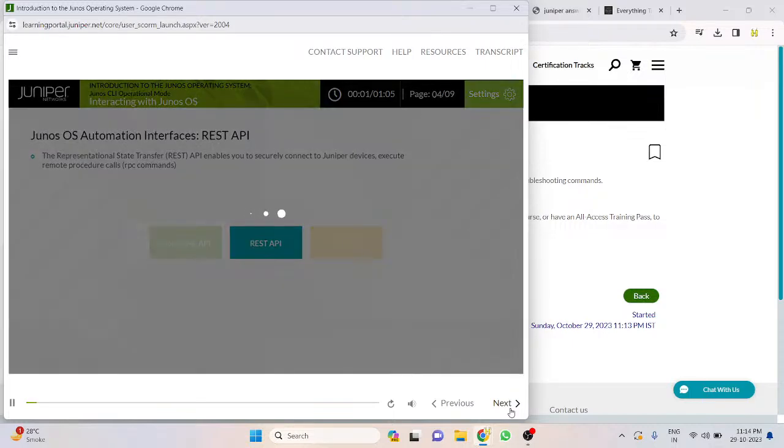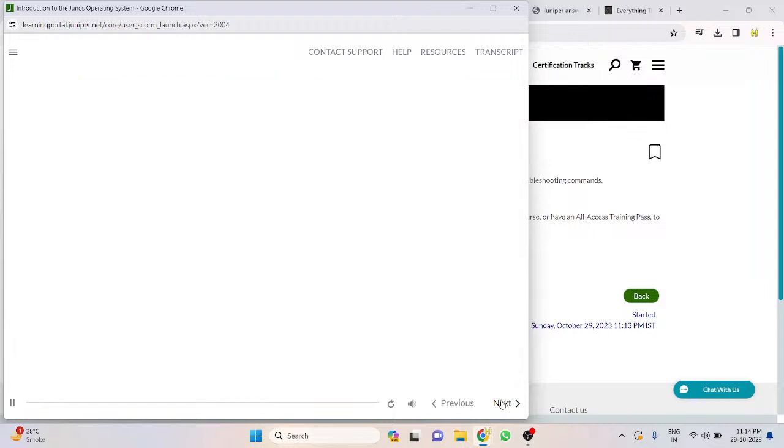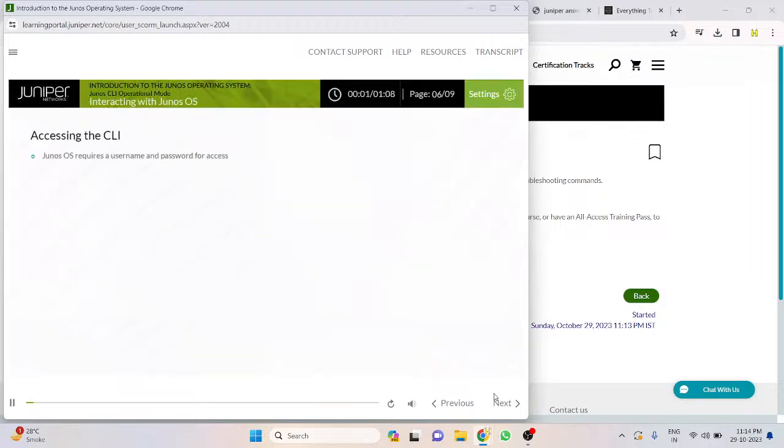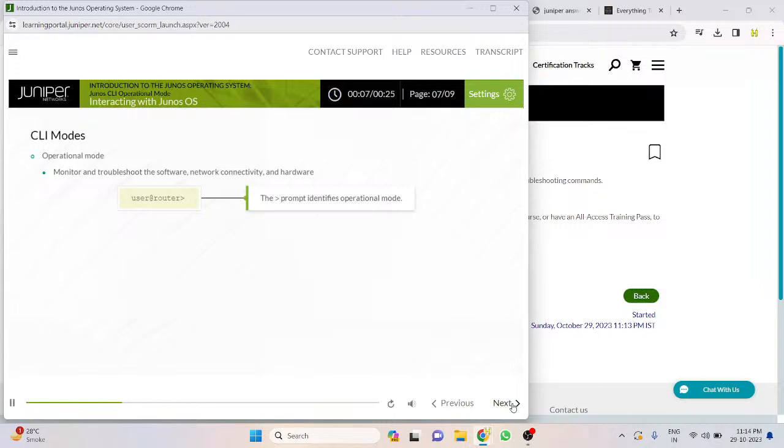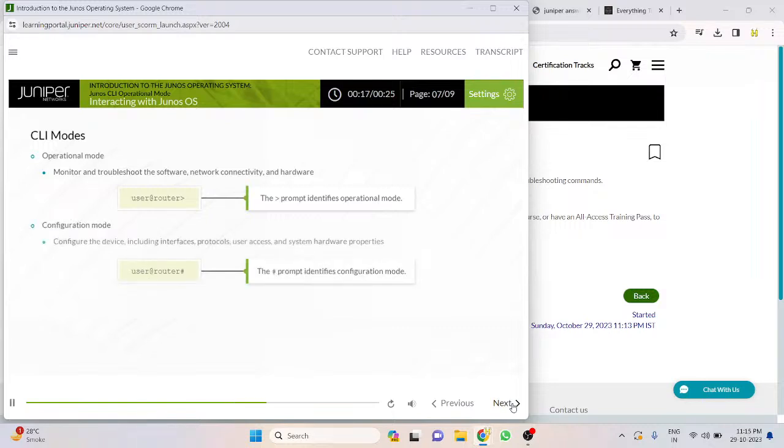The representational state transfer, or REST API, can be configured on Junos OS requires a username and password for access. In the operational mode, you use the CLI to monitor and troubleshoot the device. The monitor, ping, show, test, and trace route commands enable you to display information and test network connectivity for the device. In the configuration mode, you can configure Junos OS, including interfaces, protocols, and user access, as well as